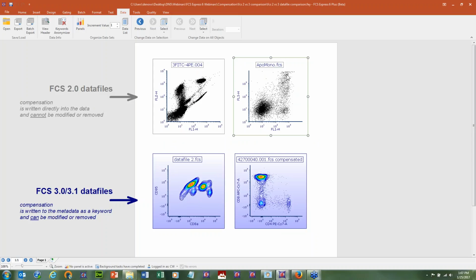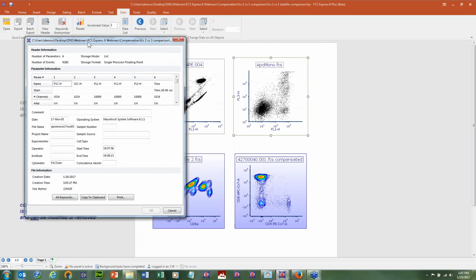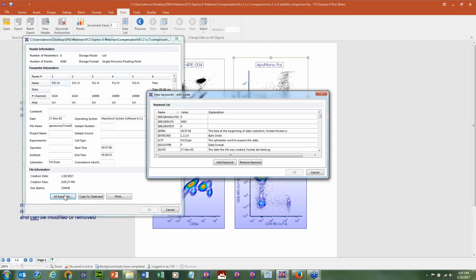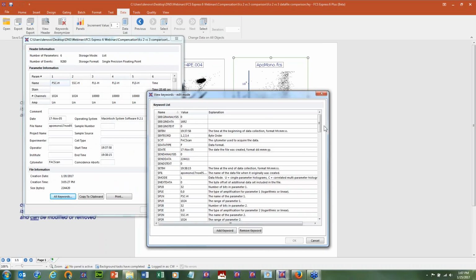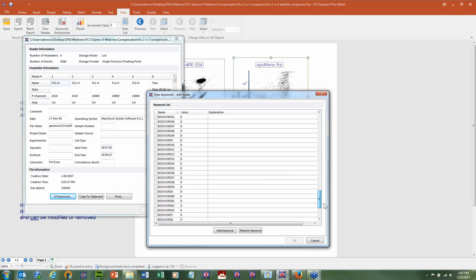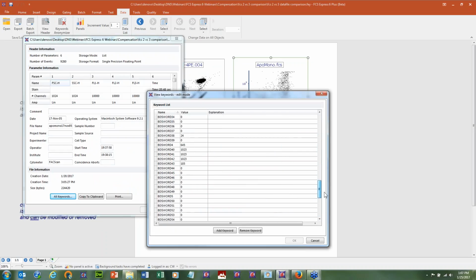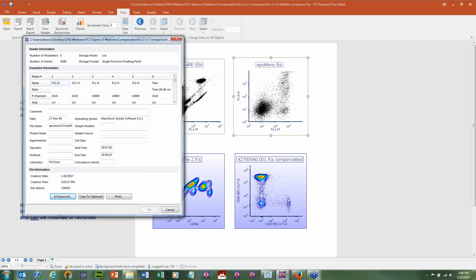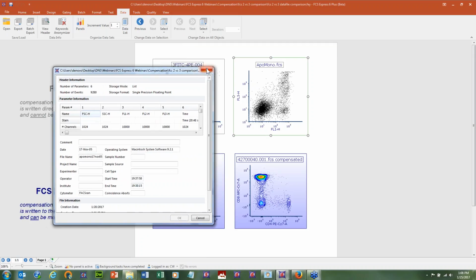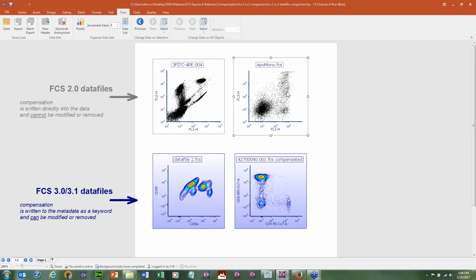Whereas this FCS 2.0 data file in the upper right corner, although it's compensated, I can come up here to view header, and let's look and see if we find any metadata. I'm going to scroll all the way down, and I don't see a spill or a spillover keyword. So that means although that is a compensated data file, that compensation is written directly into the data,